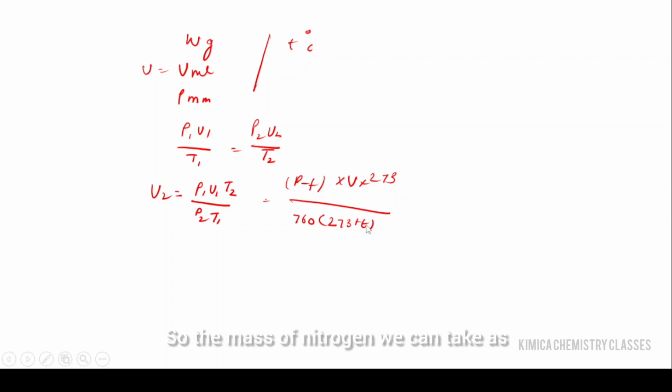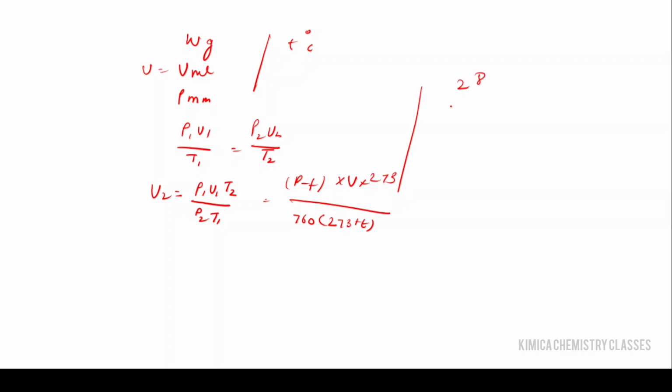So the mass of nitrogen we can take as 28, and the mass of the compound